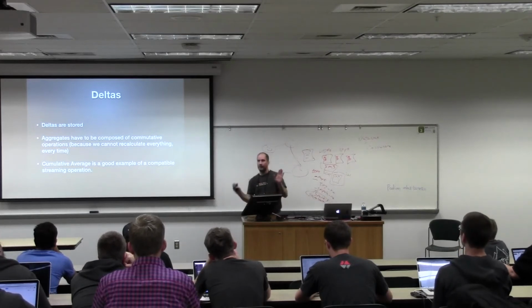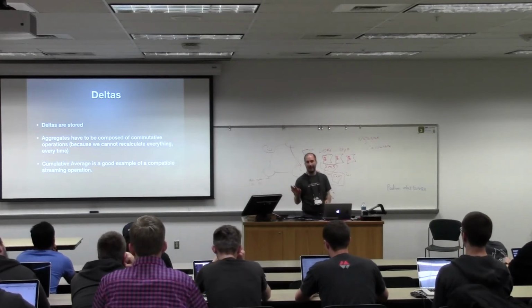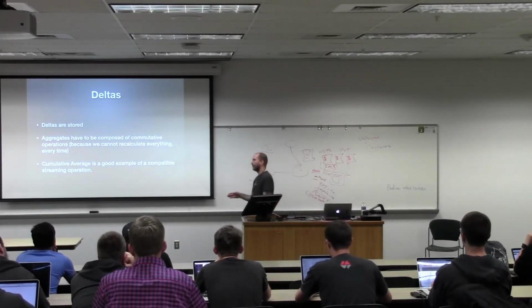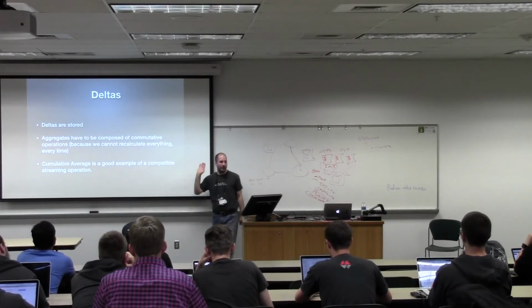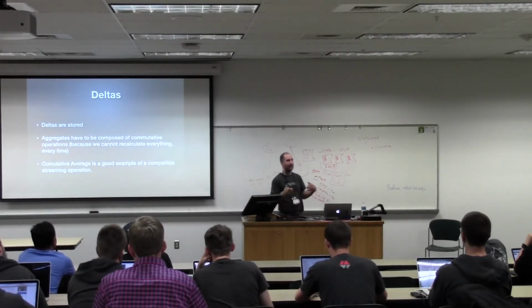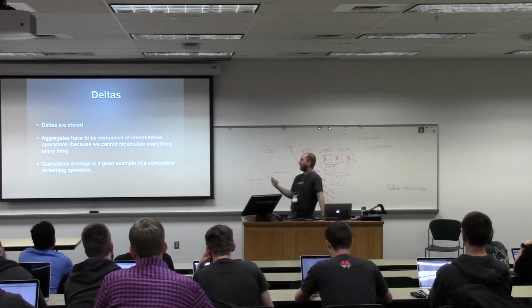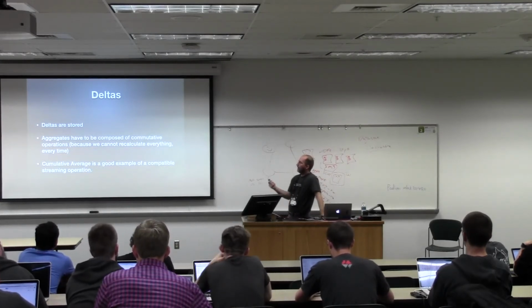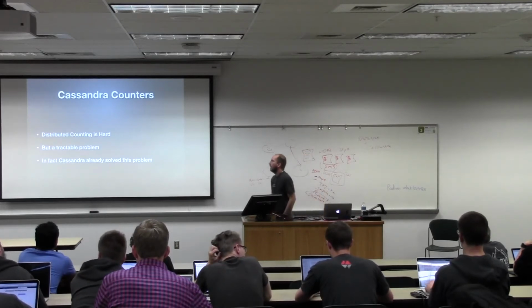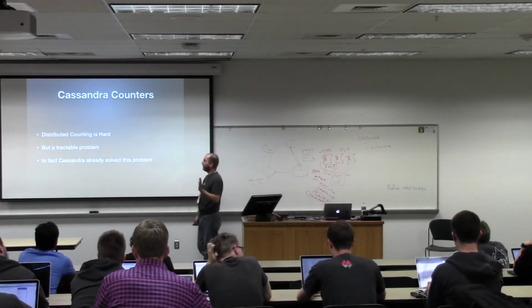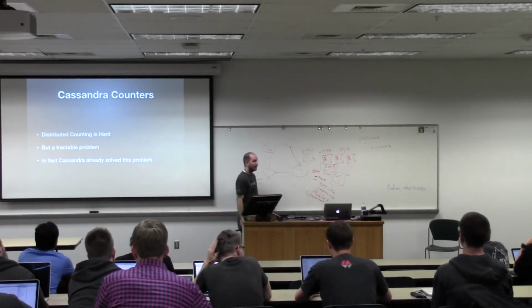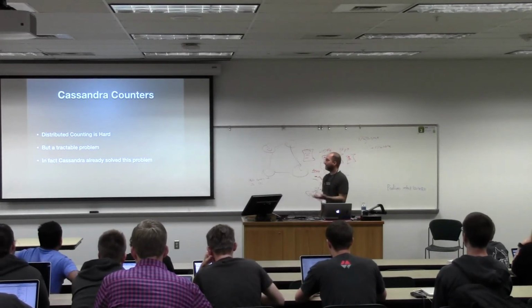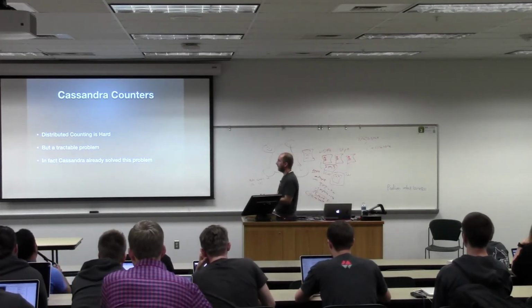And you'll see in distributed systems when they say that they do aggregation, they will really only support operations, at least in the streaming fashion, that support this type of cumulative or commutative aggregation. So you'll see cumulative average, certain flavors of standard deviation, and other stuff. So one place that you can see some of these concepts is in the way that Cassandra does counters. And you can also see some of the hard things and some of the challenges that people have with counters.